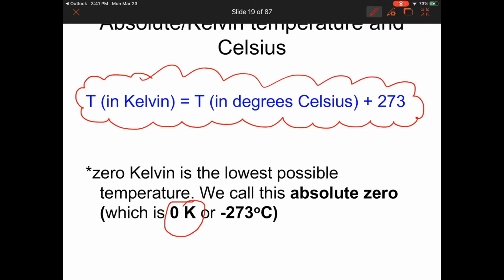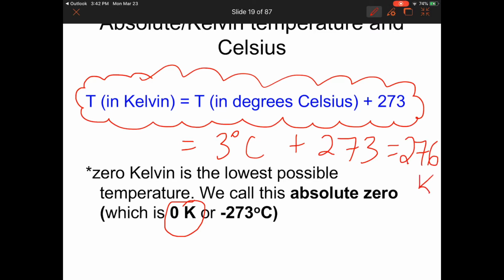You've just got to remember that when someone says it's cold outside, it's only 3 degrees Celsius, well, think about that. Think of how much colder it could be. So giving that a value of 3 doesn't make a lot of sense. In reality, 3 degrees Celsius, there's tons of energy around there. Let's convert it to Kelvin. So in Kelvin, we would have 276 Kelvin. Now we're dealing with large numbers.